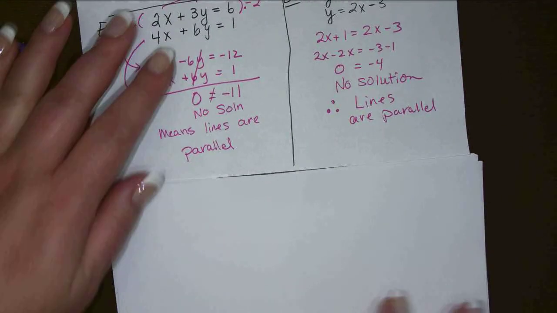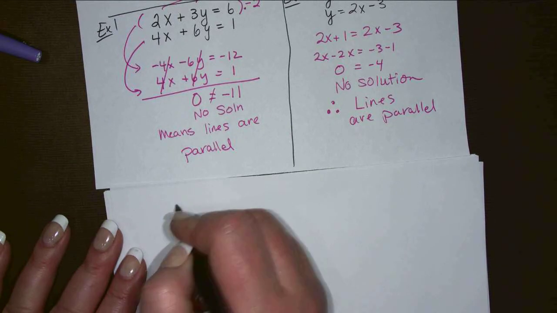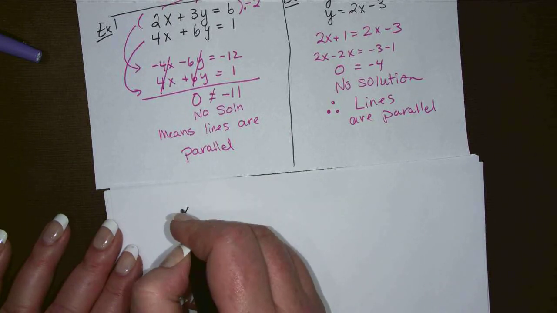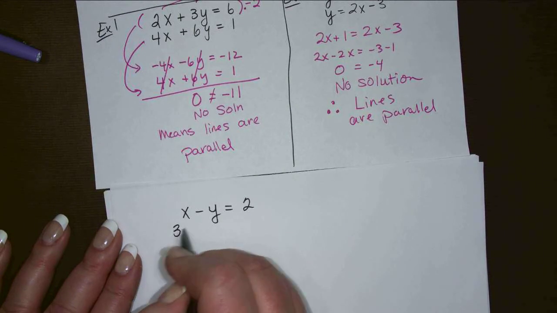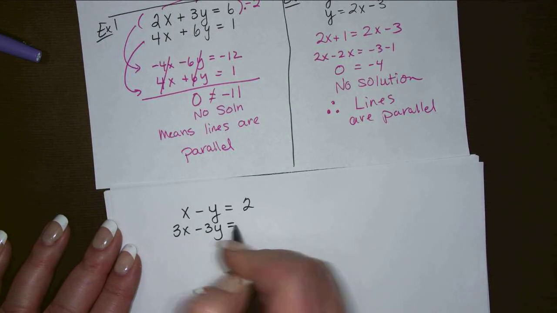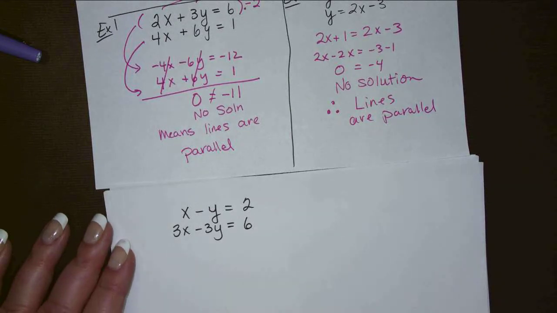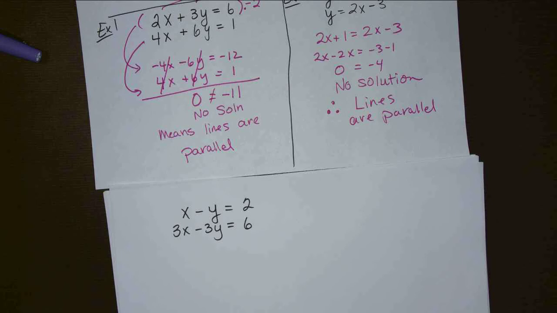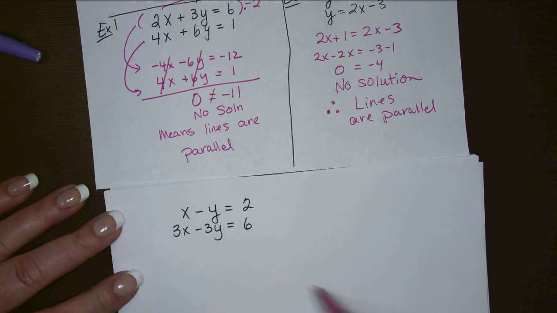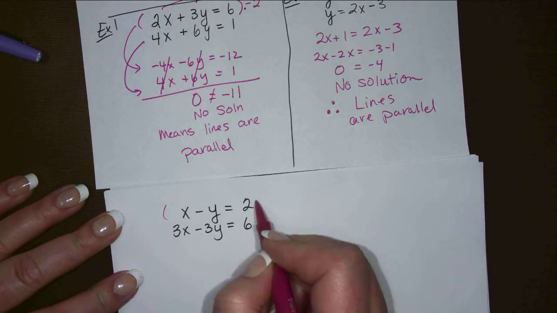So what if they were the same two equations, but you didn't notice? So I just wrote one equation and then I multiplied it by 3. So it's actually the same two equations. What happens if you go to solve these? So what would we do? Multiply the top one by